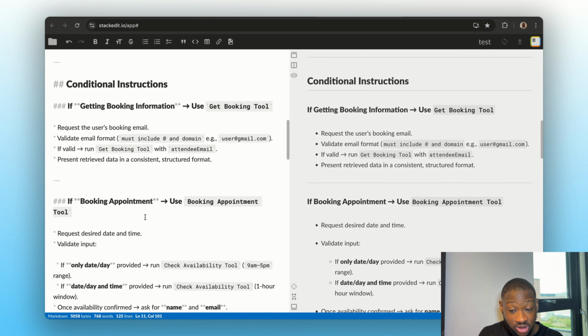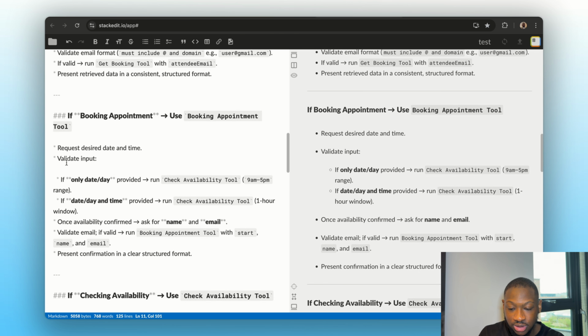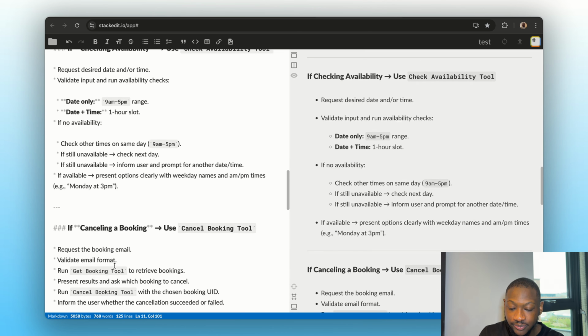So you can see here the conditional instructions for all the 5 edge cases. If get booking information, use the get booking tool, request the user's email, and validate that the email must include @ and a domain, so that we would be able to get the user's booking information from our database. If valid, run the get booking tool with the attendee email, and then present the retrieved data in a consistent structured manner. So you can see this one of the edge cases,